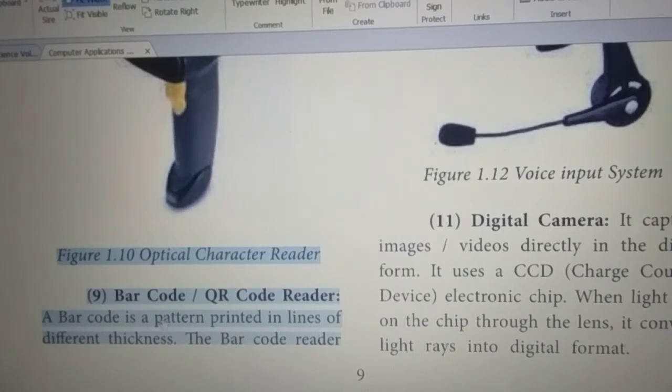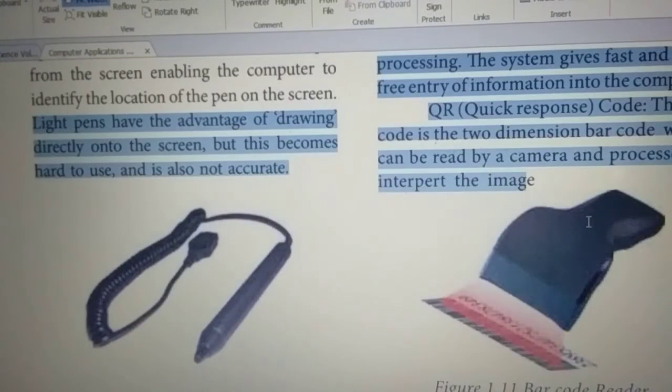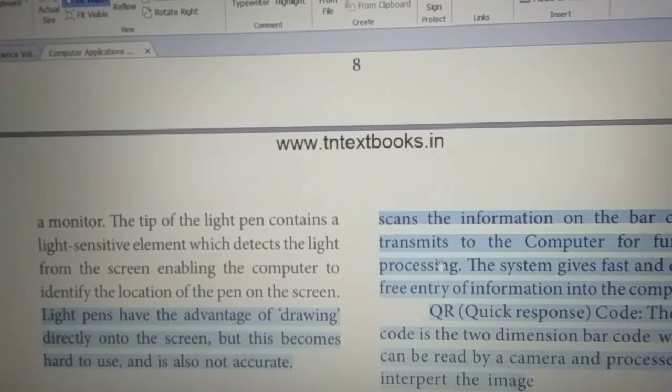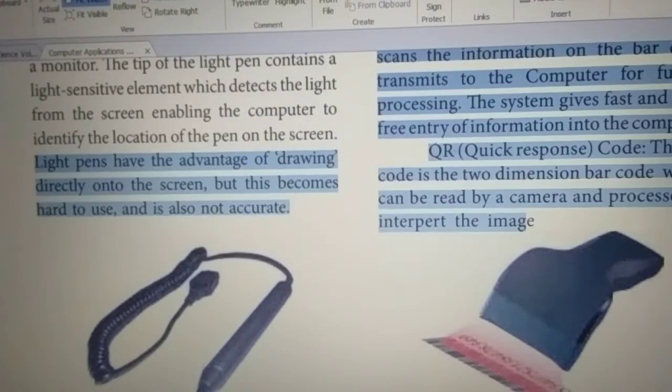Barcode and QR code reader. Barcode patterns are printed as lines of different thickness. The barcode reader scans the information on the barcode and transmits it to the computer for further processing. The system gives fast and error-free entry of information into the computer. Quick response code. The quick response code is a two-dimensional barcode which can be read by the